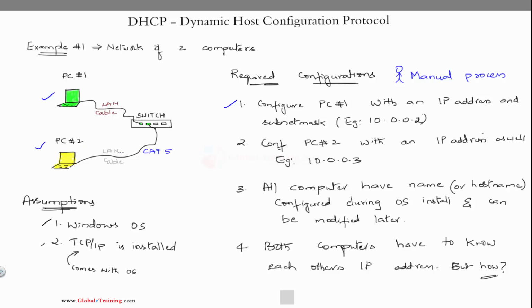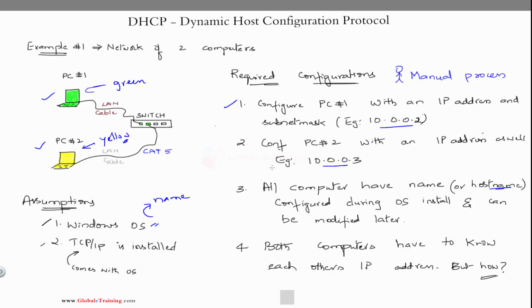and then we assign an IP for the second computer. As part of OS installation, you assign a name to the computer, which is referred to as the host name. Let's assume we call this computer green, and we call this computer yellow. They have the IP addresses 10.0.0.2